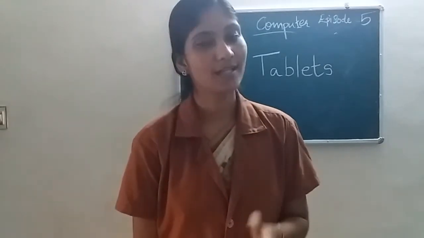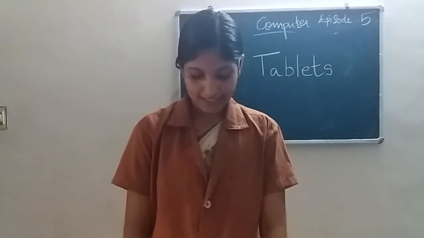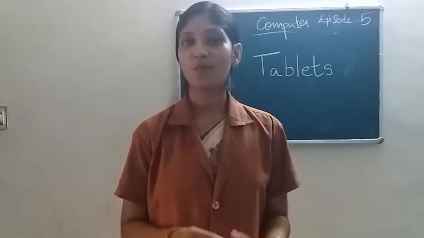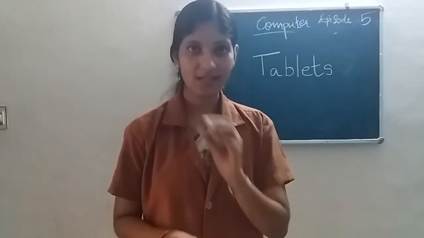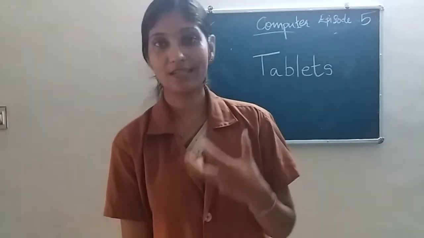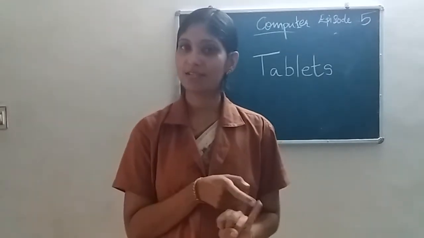The next point, the monitor displays what you do on the computer. Monitor means it is an output device and it shows the output. It shows the work which you have done on your computer. Then next is CPU. What's the full form of CPU? Central Processing Unit. It does all the calculations in the computer and it is used for making decisions. So what is the job of a CPU? It does all the calculations and it makes decisions.